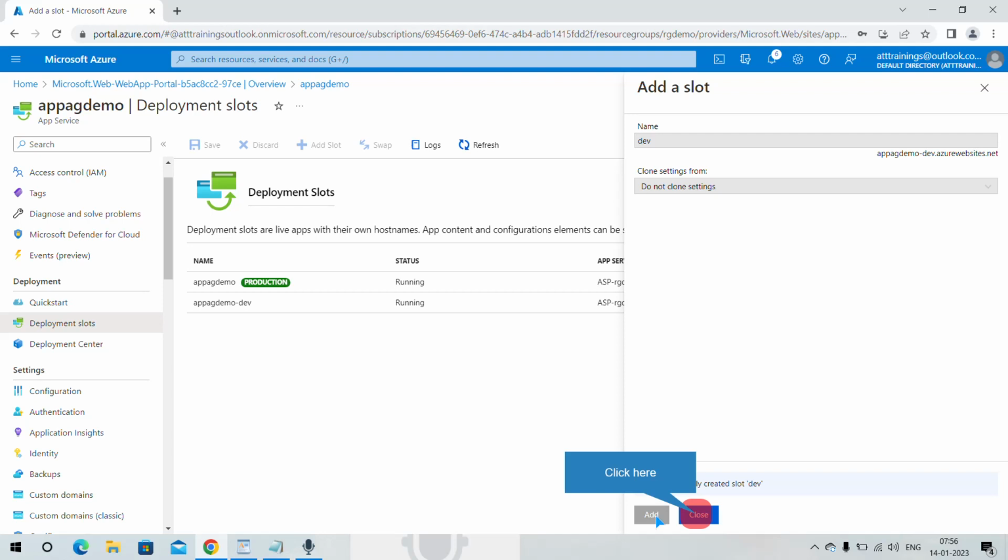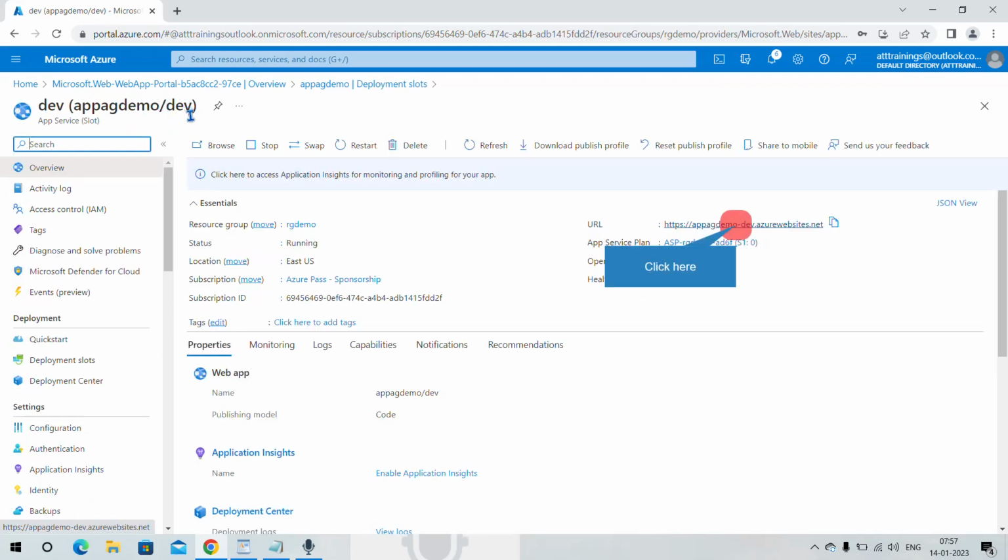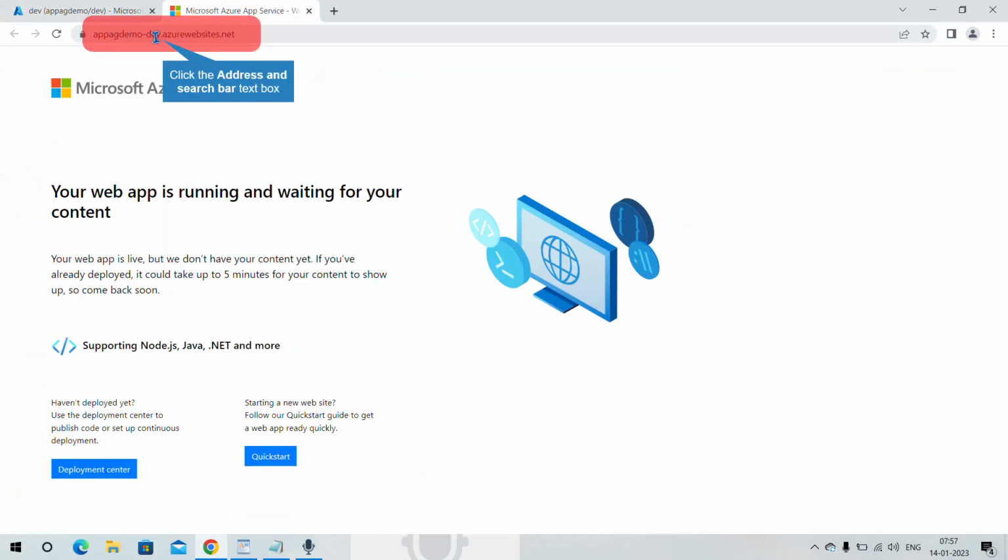The benefit of the slot is that we can deploy our application independently on each of the slots and one slot doesn't disturb or interfere with another slot. Let me close it. So if you see over here, there is a slot with the suffix -dev. If I open this slot, then you will notice that this particular name at the top will be changed with the suffix -dev. Let me click on it. So over here it has been suffixed with -dev and you will see the URL is also having a suffix called -dev over here. If I open this URL, this URL is also suffixed with -dev.